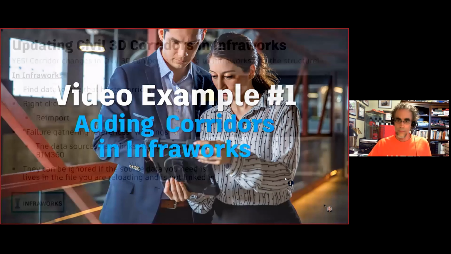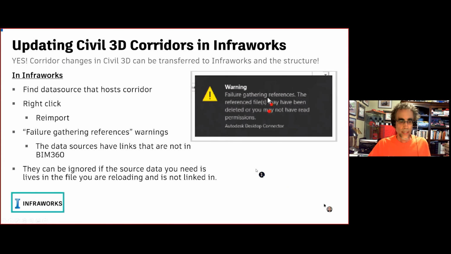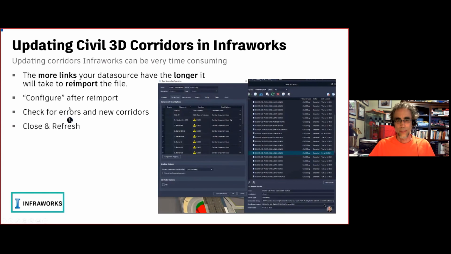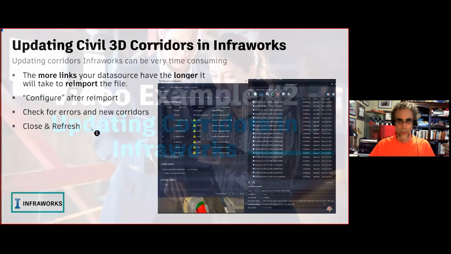Now we're going to move on to when you have an update, because we know the roads are going to update. We know the road people are going to move the road around. We know they're going to change the location of the bridge a bit. Not a big deal, because this software accounts for that. We can update the bridge in InfoWorks with the corridor. It's so cool. I've got a few pointers on what you can do.